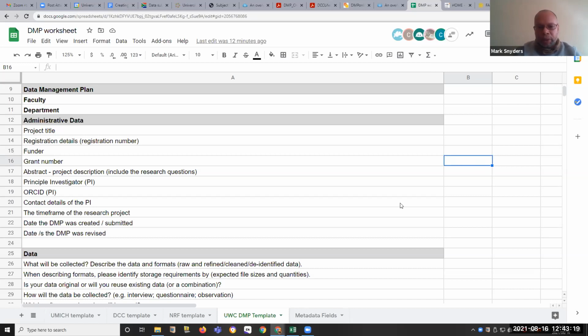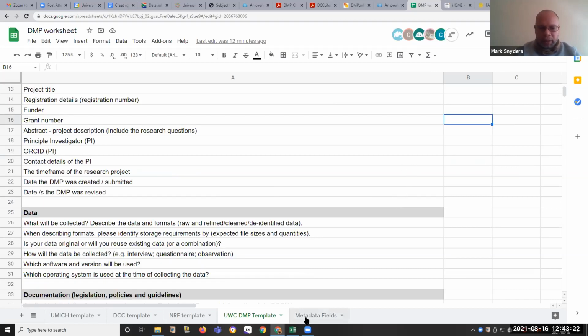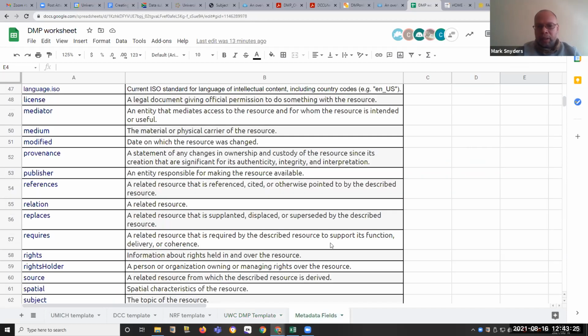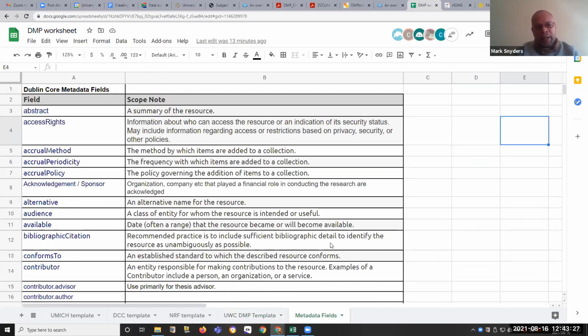Okay. What I'd like to do is go onto the last sheet in this spreadsheet, and that is the Dublin Core metadata fields. Please bear in mind that these were created largely for libraries. But the idea behind including the Dublin Core metadata fields in this spreadsheet is to help you figure out what various terms actually mean and how they could potentially fit into your DMP.